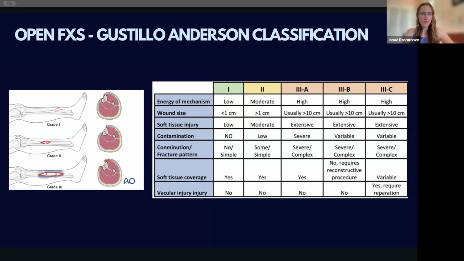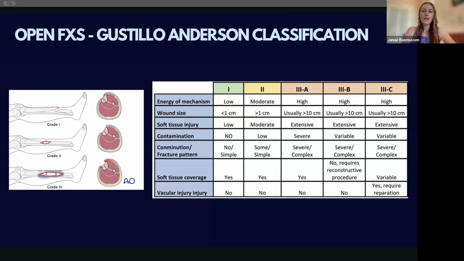Now, an important caveat to this is when you have things like a femur fracture, even if it's a little poke hole, so it's under 1 centimeter, we still consider femur fractures with a poke hole wound to be type 3s. The reason is because it's such a high energy mechanism for that femur to go all the way through all of those muscles and fascia that it's considered to be extensive soft tissue injury,